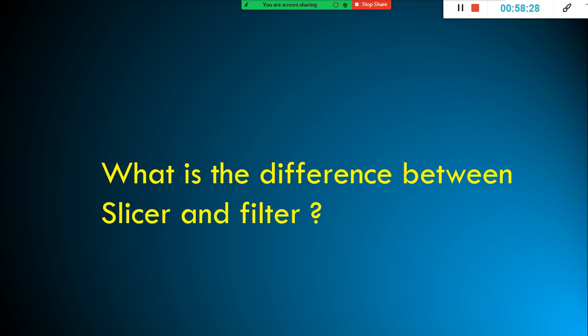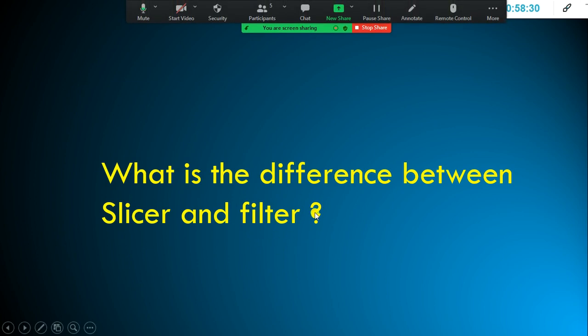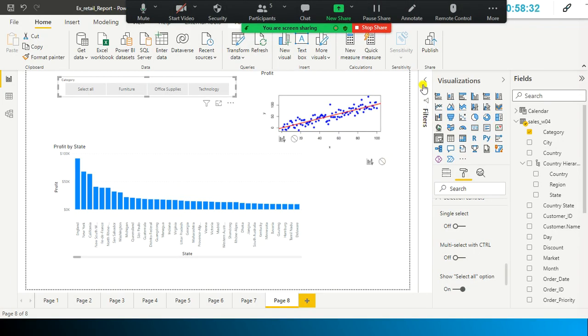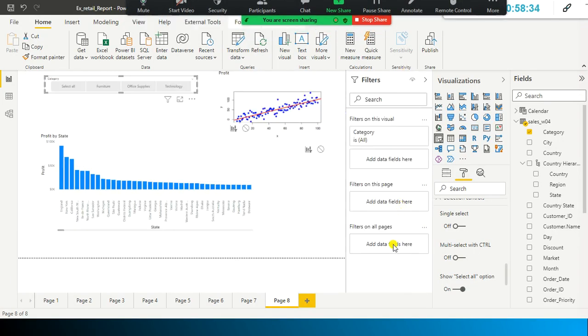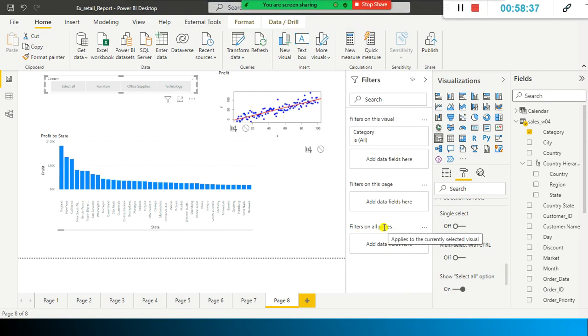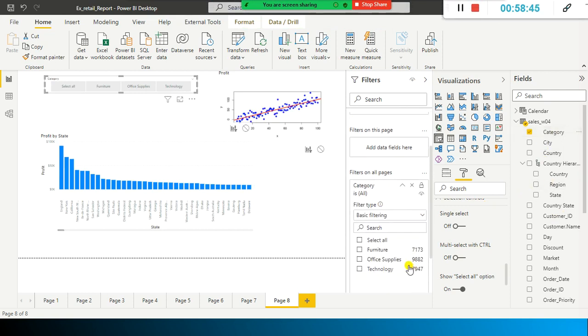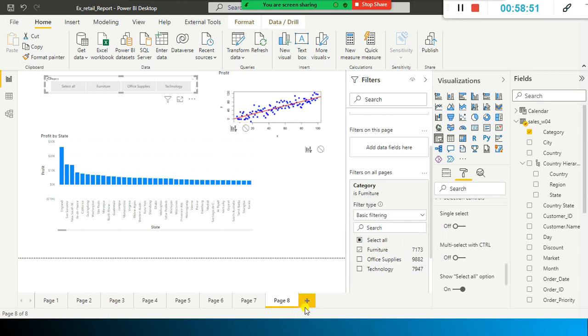So what you do is use this option, filter. Look here, this is what I'm talking about. Filter on all pages. You can select a specific field. For example, here I just put category here, and I just do basic filtering. Let's say in my case page 1 to page 8 are there.